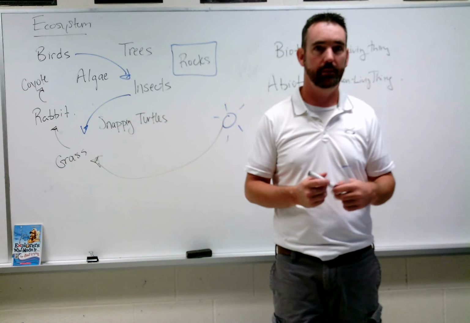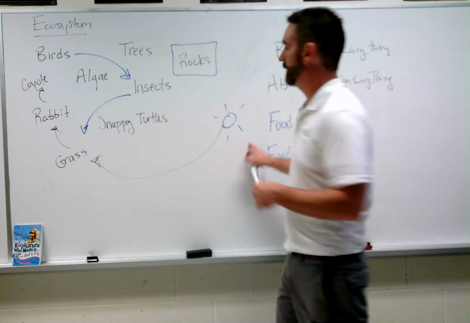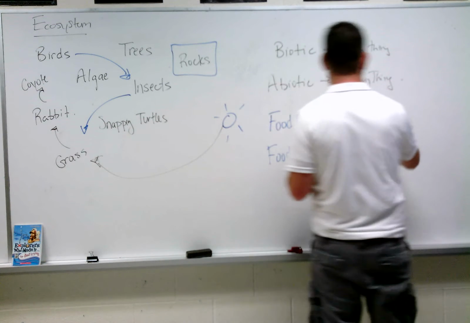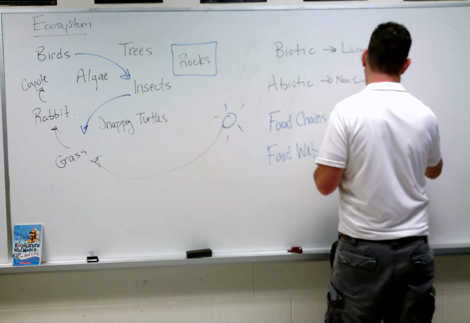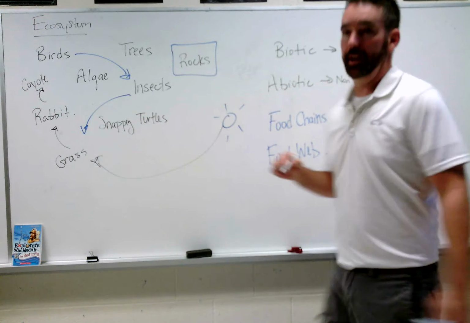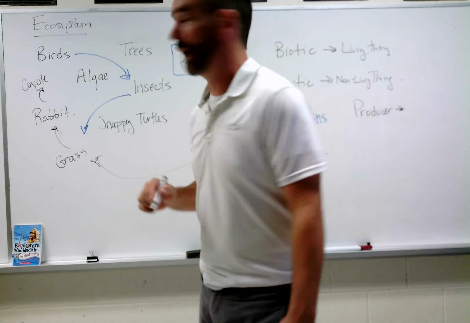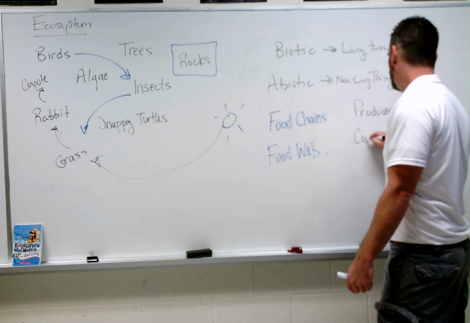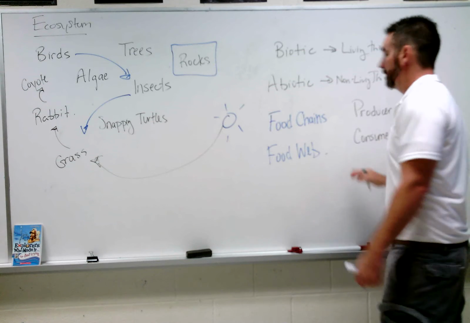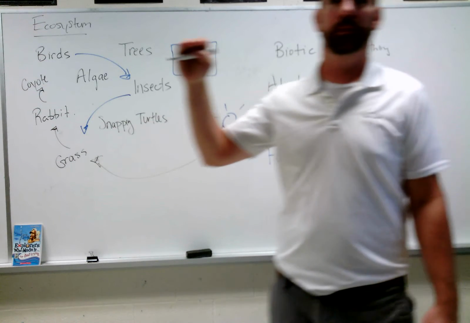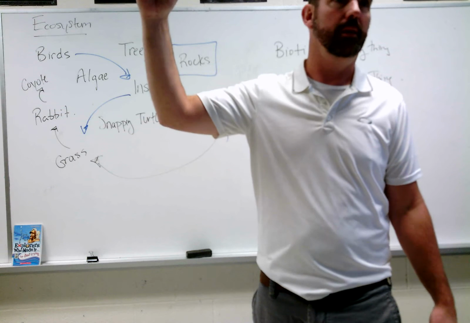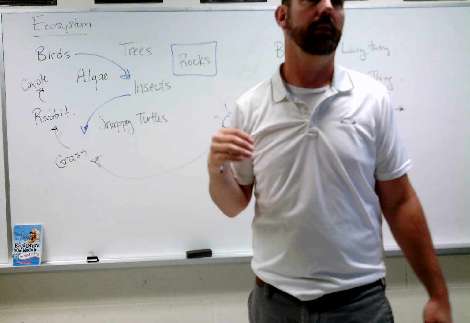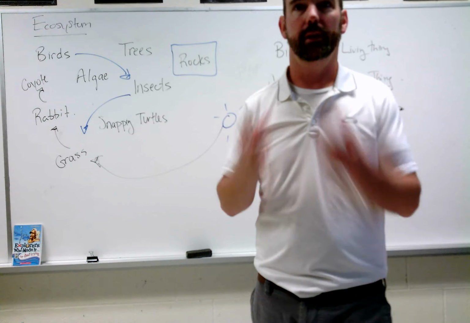The sun gives energy to the grass, and the grass is considered to be a producer. Okay? And then the rabbit comes along and eats the grass, and it's considered to be a consumer. Okay, and we can have different levels of consumers. The rabbit would be one level, a coyote would be a higher level consumer. And the coyote dies, and it starts to rot, and the snapping turtle comes along, and it kind of cleans up the mess and puts everything back into the system. What do we call that?